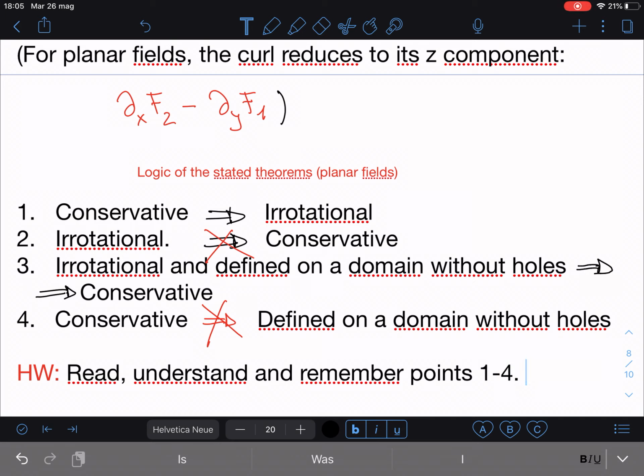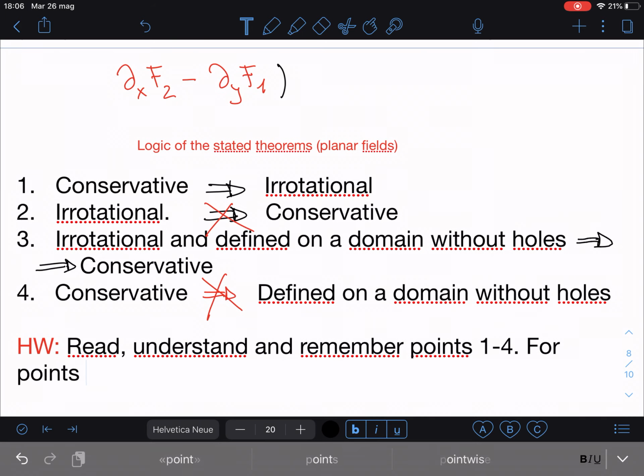Okay, in particular for the negative points, points 2 and 4, learn and remember